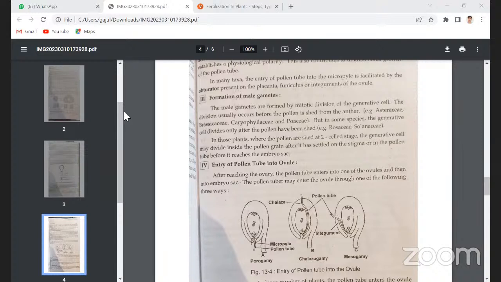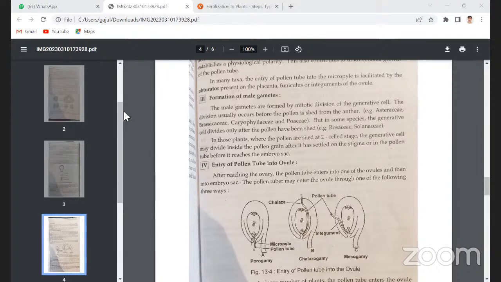In those plants where the pollen are shed at the two-cell stage, the generative cell may divide inside the pollen grain after it has settled on the stigma, or in the pollen tube before it reaches the embryo sac. This is the formation of the male gametes. And next,